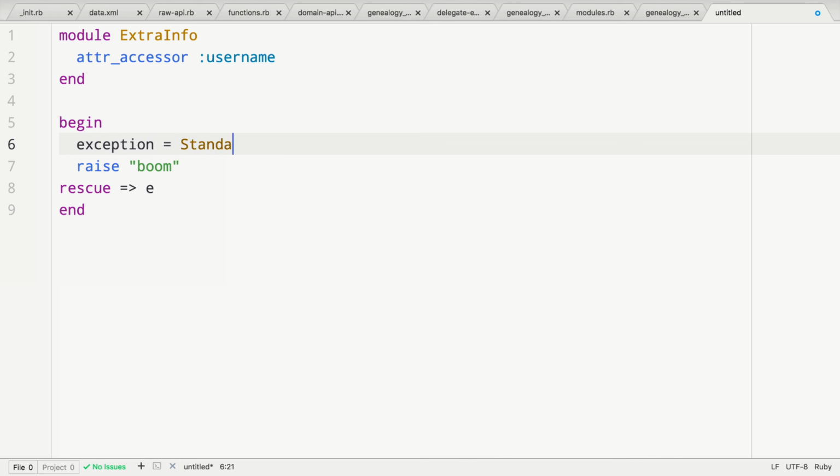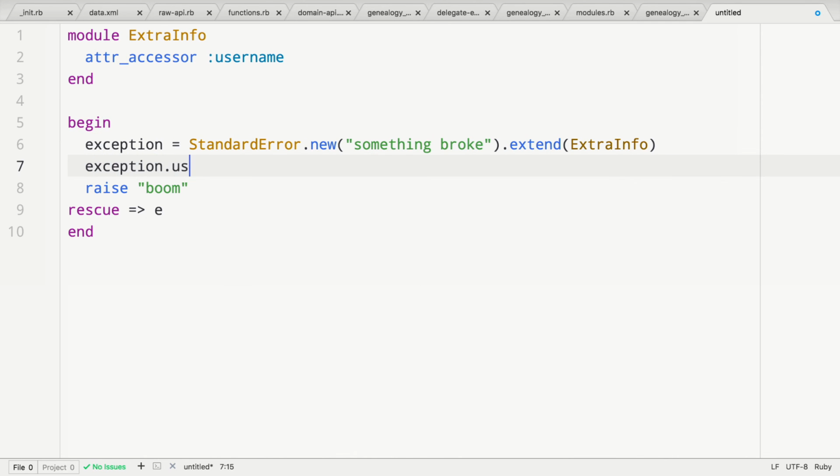Well, let's just say standard error. New something broke, and then extend it with extra info. Now our exception also accepts a username. Okay, and then we can raise that exception. Then where that is caught, we can come in here and say, well,